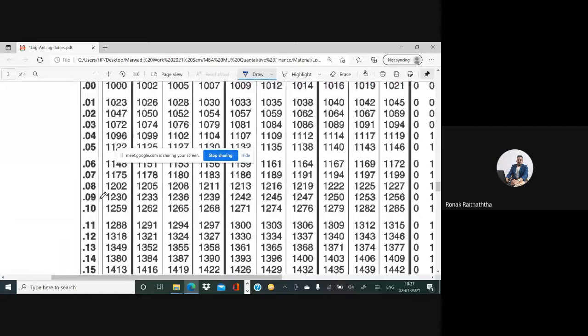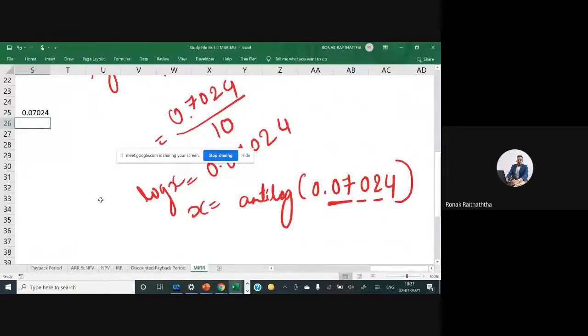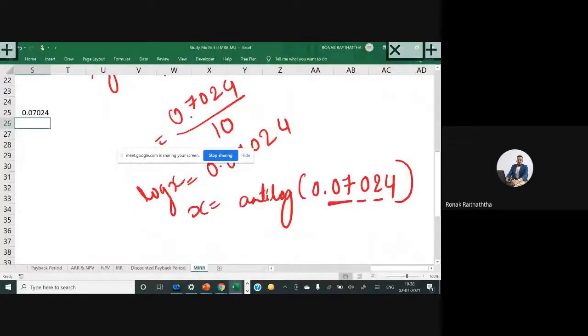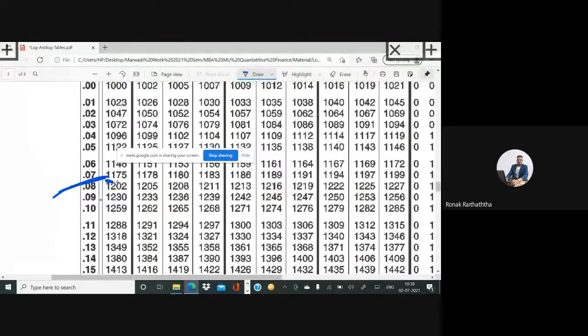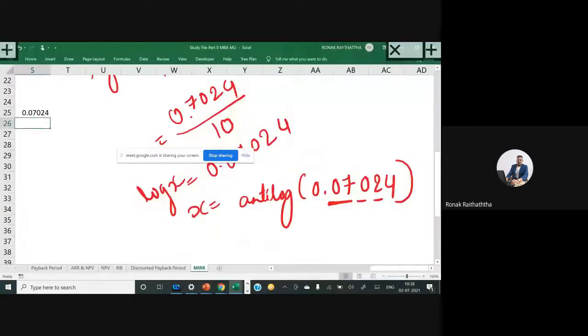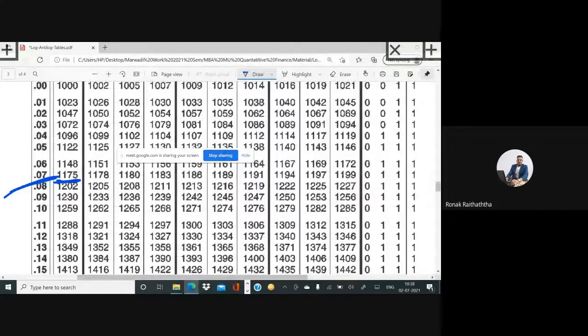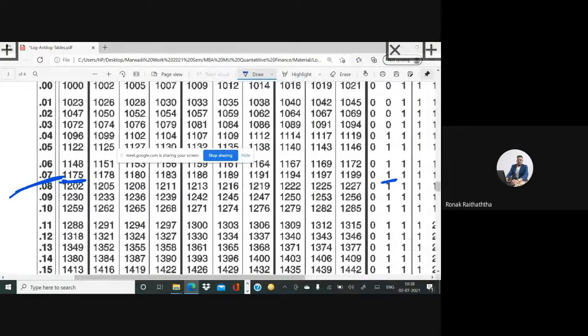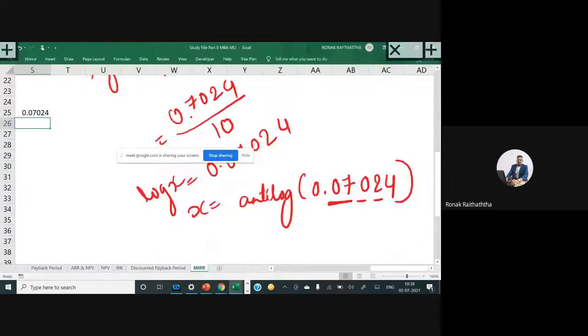So, sir, 0.7 and the value of 0 and the mean difference of 2. So here I have got 0.7 in the antilog. Value of 0, so 1175 should be taken. And the mean difference of 2. Mean difference of 2 is how much? 1. So 1176. 1 will be added in this 1175, right? If you can recall it. So 1176.